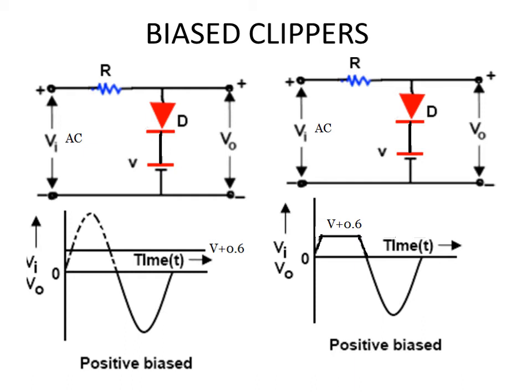This is referred to as a positive biased clipper. You just have to adjust the voltage of the battery that you connect, and you connect the battery as shown in this diagram on top. You have a diode and you are connecting the battery in series with it. In series in the sense that if the diode is also going to act like a battery, then that battery and this extra battery that you are connecting should both be in series.